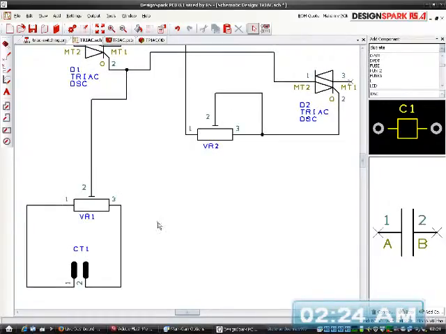It doesn't really matter which one because I can flip the wires if I need to, but